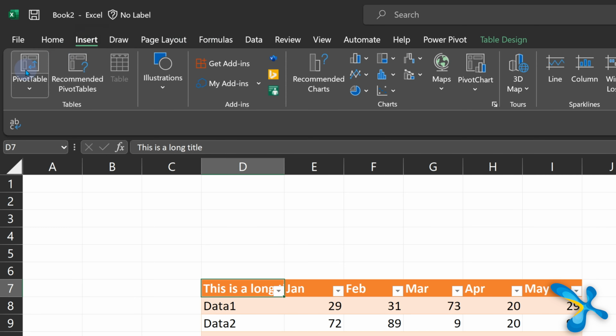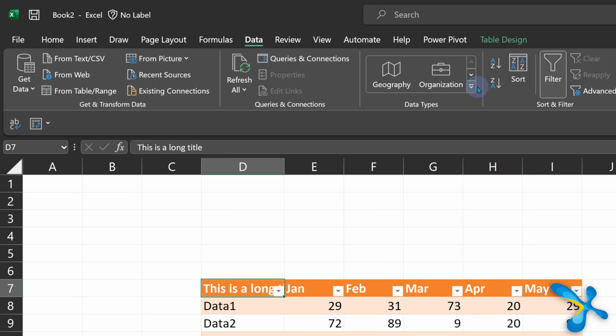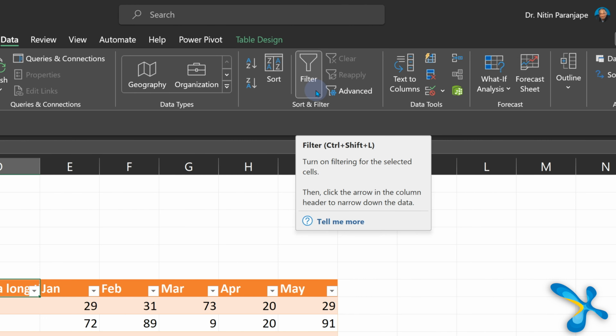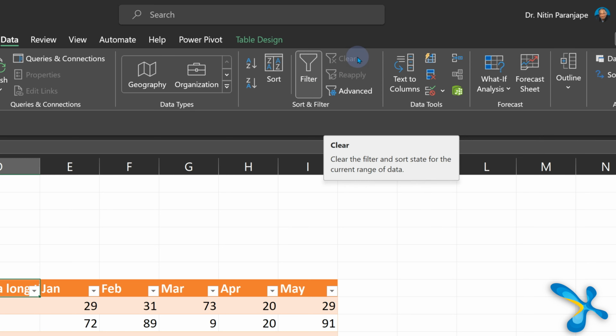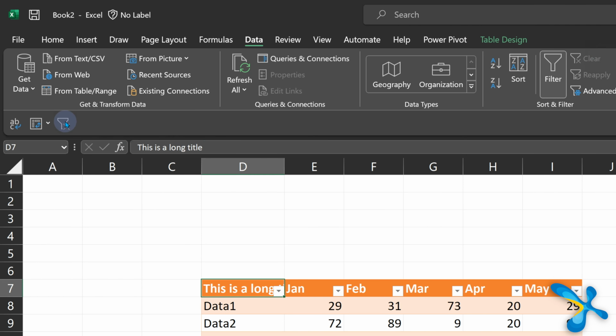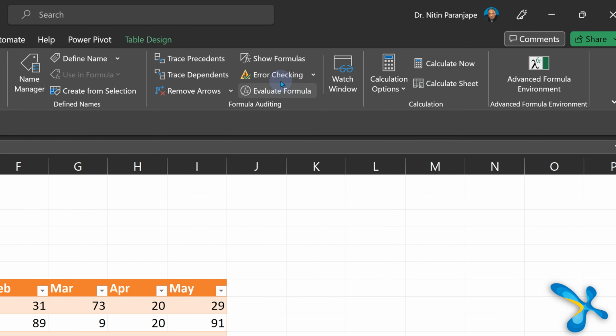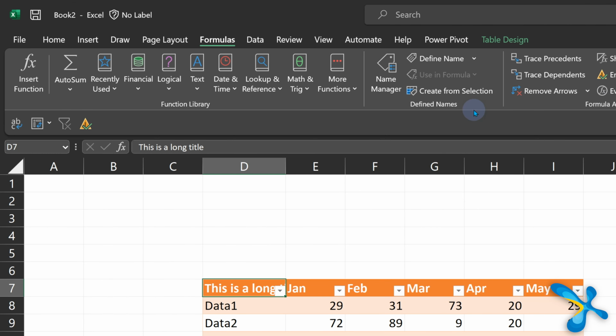This is wrap text. I'm going to add a pivot table from insert menu. From data menu, filter is very commonly used, but I'm not going to add that. Why? Because look at it, it already has a shortcut, just remember it. But clear filter, equally commonly required, does not have a shortcut. So let's add that. And finally, error checking is important. So I'm going to go to formula, error checking, add to quick access toolbar. So now we have 4 buttons in quick access toolbar.